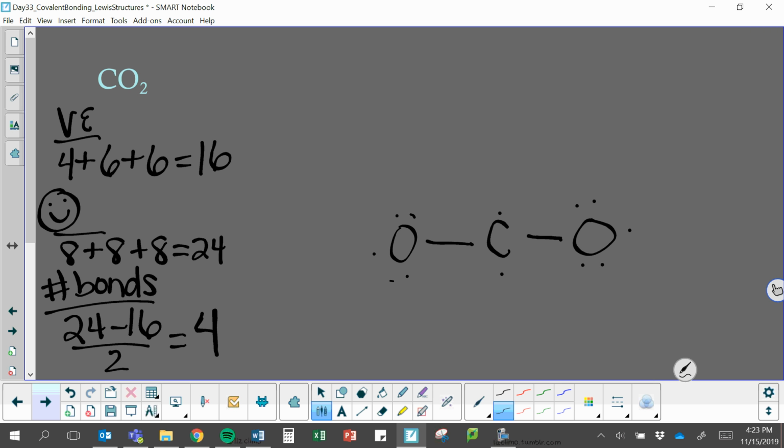But this doesn't really make anybody happy. Carbon now has 6 electrons, and it wants 8. And oxygens have 7, so they're not happy yet. And we know that we're going to have 4 bonds. So what we can do is we can actually use